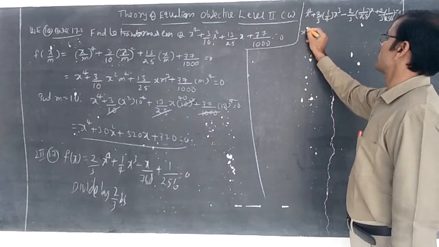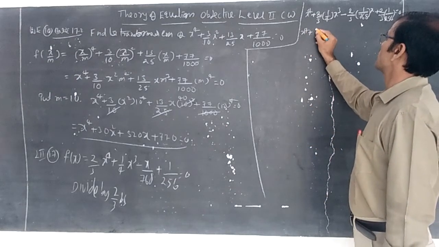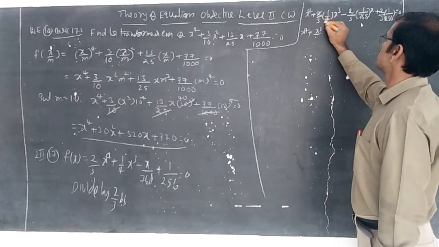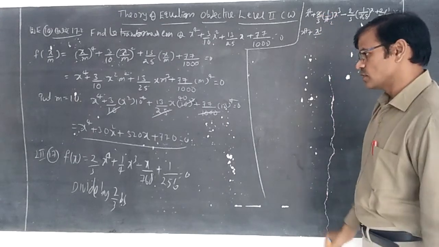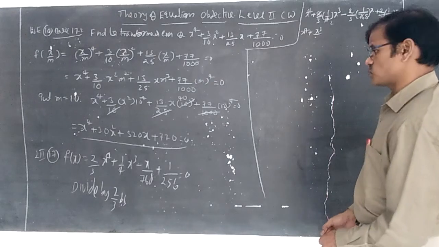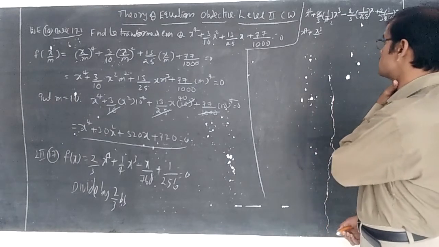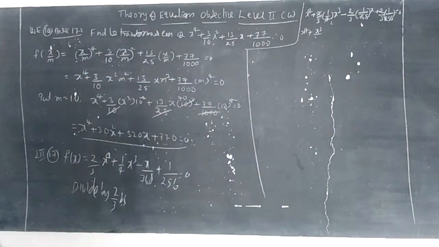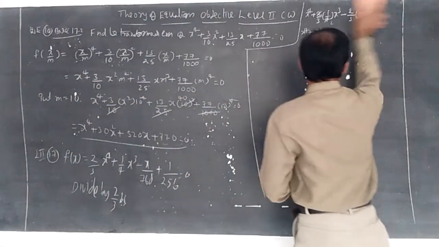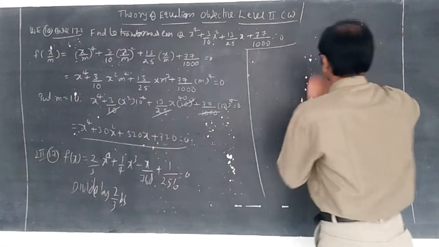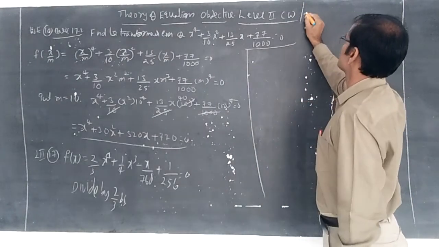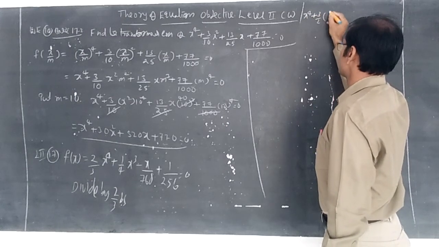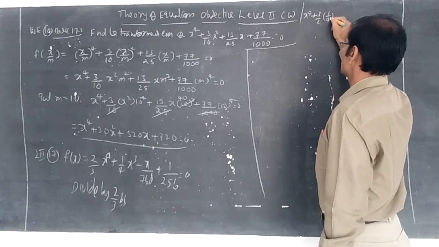So next step: x power 4 plus x cube by 6. This is 1 by 4 x cube. 1 by 4, not 2 by 3, it is 3 by 2. So whenever we are dividing by 2 by 3, it becomes 3 by 2, not 2 by 3. x power 4 plus 3 by 2 into 1 by 4 x cube